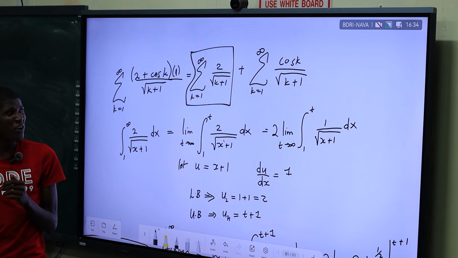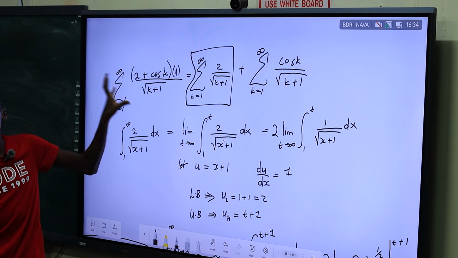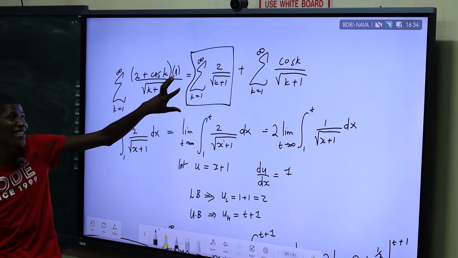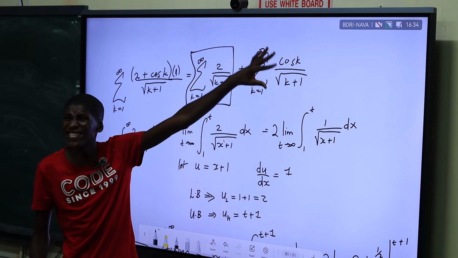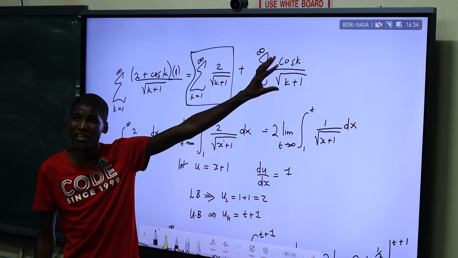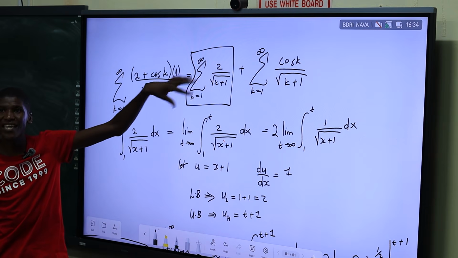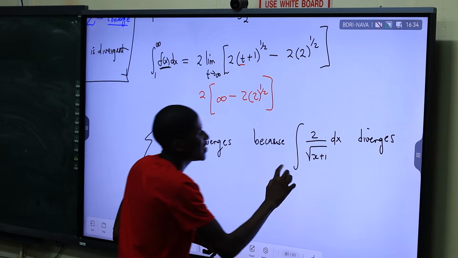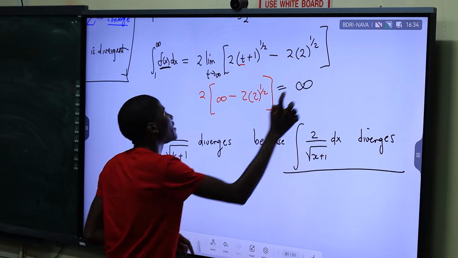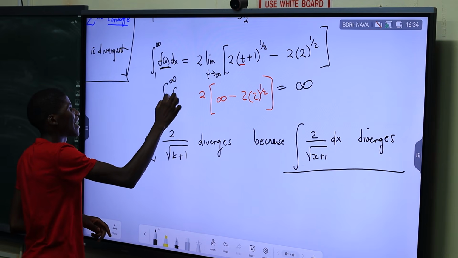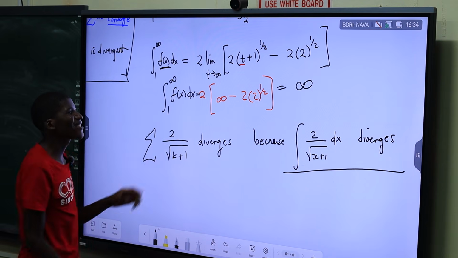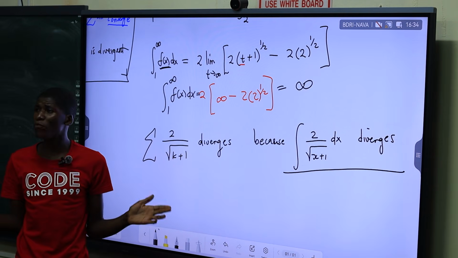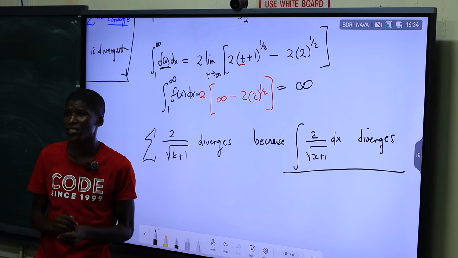So the main point here of this problem is splitting these parts, because if you don't split these parts, you won't be able to see two parts. This part is easier to analyze. This one is complex. You'd either use another integration by parts or something. Very hard to evaluate then. But this one is very easy. Since we evaluate here, the integral gives us infinity. Like this integral is a divergent integral because we found infinity when we computed the integral. So since the integral was infinity, the portion diverges. Then the entire sum, which is what we were asked, is also diverging as well.